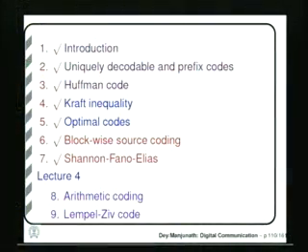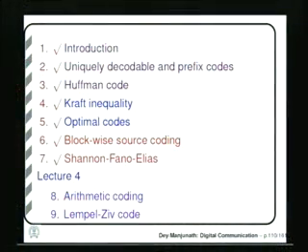One of them is Huffman code. We have seen that it is an optimal code and it is a prefix code. However, we need to have all the probabilities of the source to do Huffman coding. And then we have seen Kraft inequality, which gives us a necessary and sufficient condition for having a prefix code of a given set of lengths. And then we have seen some properties of optimal codes, how much compression is possible to do for a